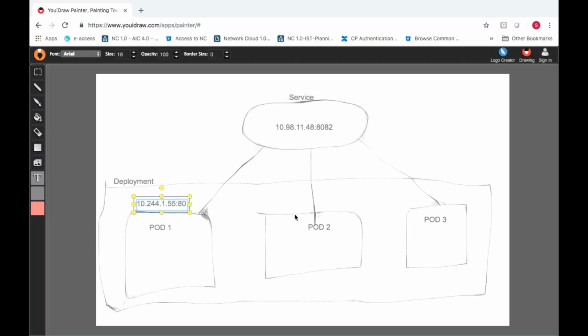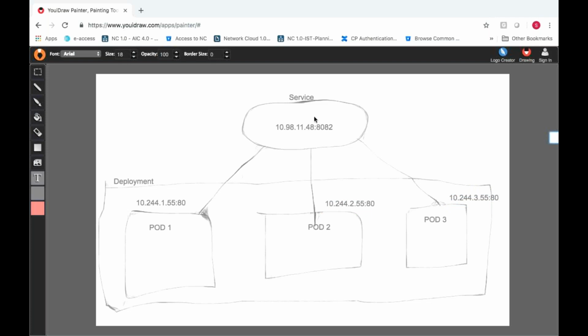I'm just saying the port number, that's it. So these are the endpoints which are attached to your service IP.